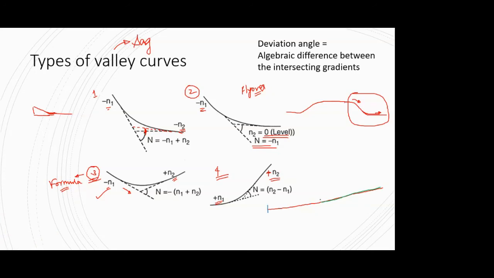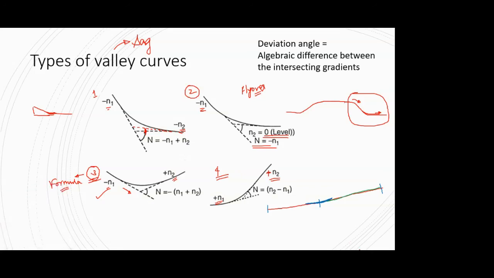This is an up gradient from here till here, and then you have a change in gradient. So if I would have just drawn it with a red color, you would not even have differentiated it. But in that case, you have a very small length of valley curve that needs to be provided. Okay? Just for making you realize the change in gradients, I have drawn this exaggerated figure of your gradients n1 and n2. So this fourth one is typically a very mild type of valley curve that is seen.